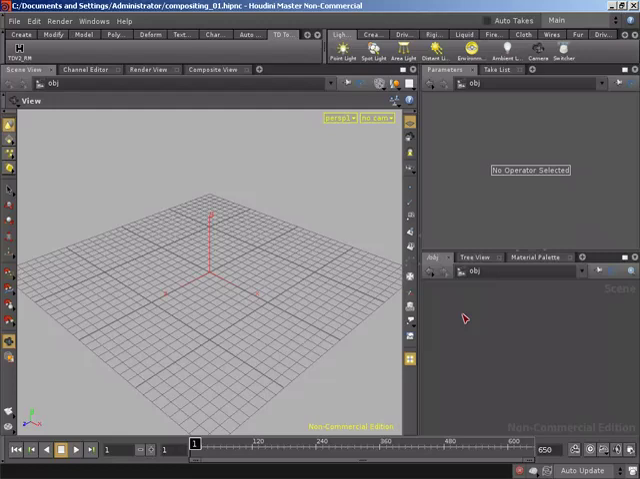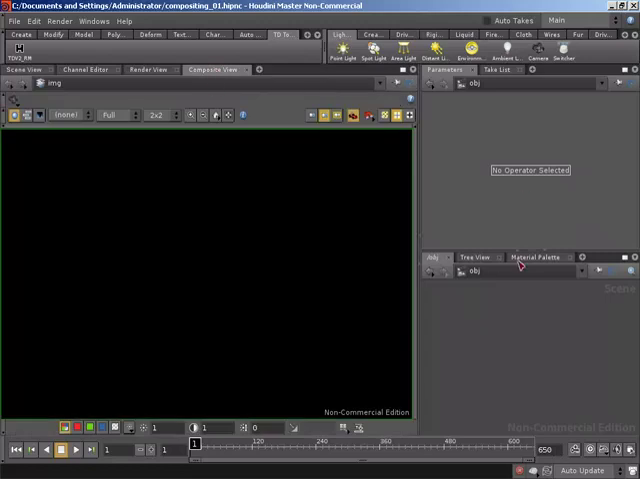Okay, so in this video we're going to take a detailed look at diffuse, specular and shadow passes. You'll notice I've got a completely blank scene file, and I have set up our frame range to go from frame 1 through to frame 650 so that we have the entire length of our animation in play. So I'm going to switch over to the composite view, and I'm going to switch over to our compositing networks